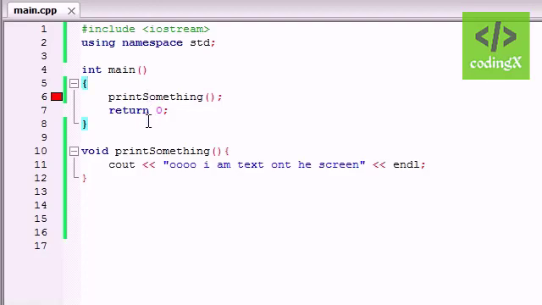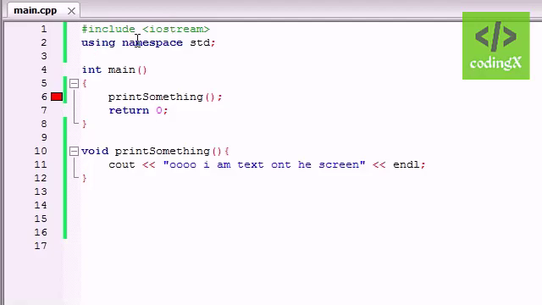Because Bucky told me that this function is built perfectly, which it is, but whenever it tried to call it or use it right here, it didn't understand what was going on. So why is our compiler kind of confused? Well, the reason is this. Computer programs work from the top down. It starts at the very top line and it runs downward until it gets to the very end